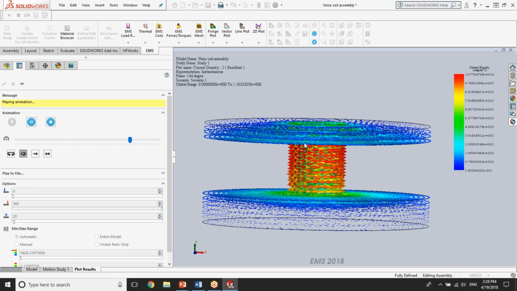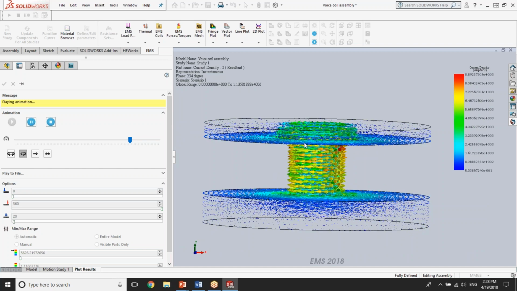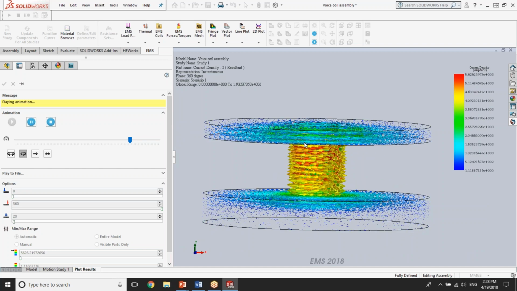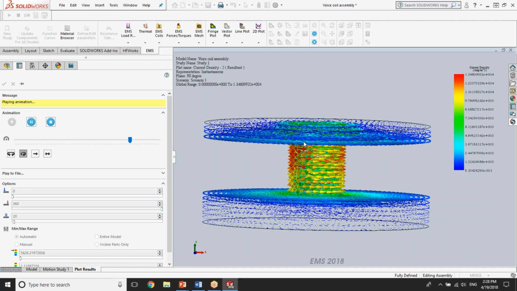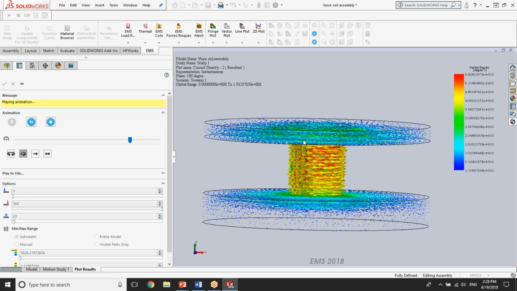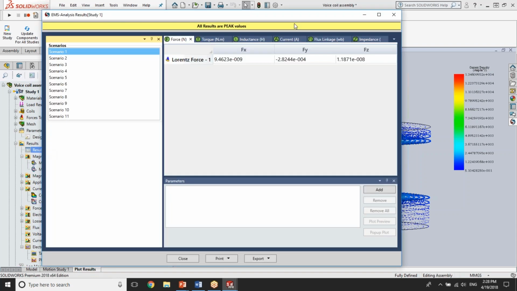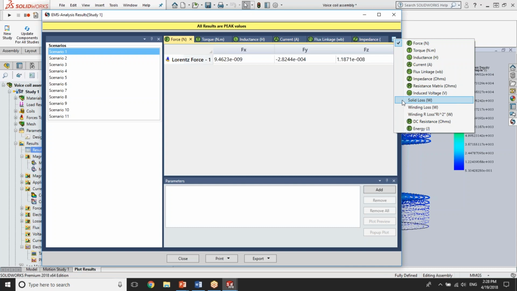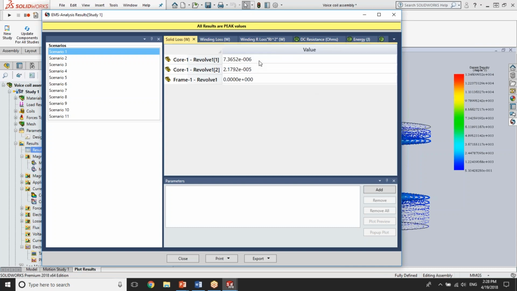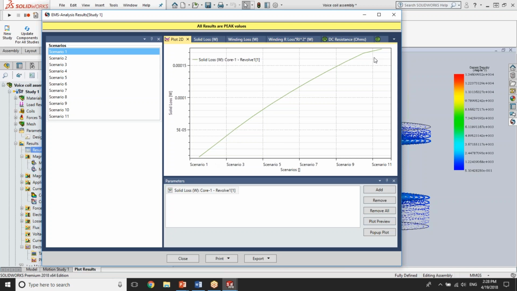What is obvious is that these eddy currents will definitely generate some extra losses, and definitely these losses will be higher at higher frequencies. So in the results table, we can also find the solid loss results, and let's see how they change in the core for different frequencies. You can see how it's ramping up. The frequency is definitely influencing these losses a lot